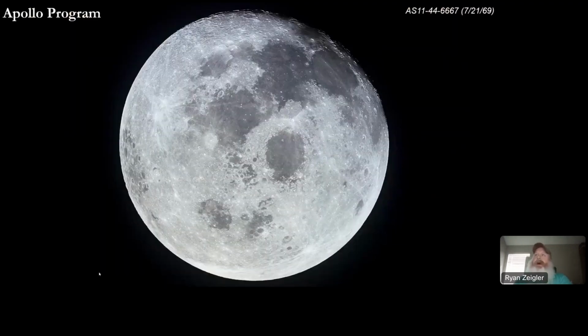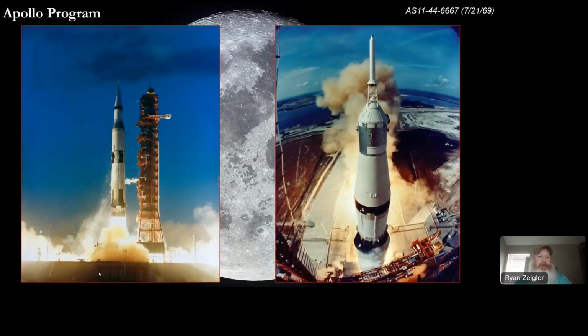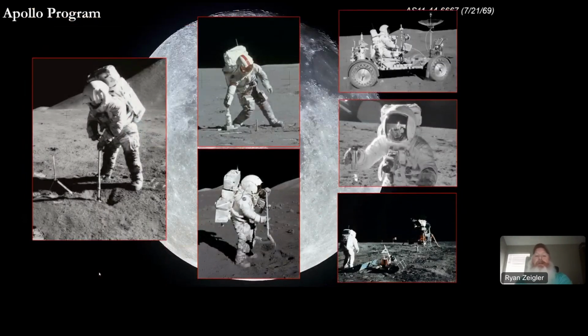So if we're going to talk about Apollo, you really need to start with the fact that it was a crewed mission. Now, this might seem like a shameless attempt for me to show rockets because I like rockets. That's partly true. But it turns out that what really sets the Apollo missions apart from all of the other astromaterial sample return missions is that they were collected by astronauts. And so it turns out astronauts are incredibly useful when it comes to collecting samples.